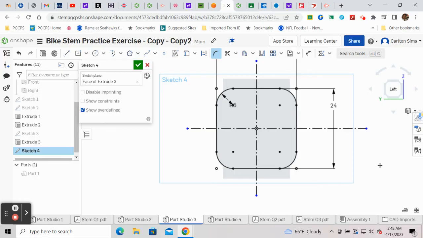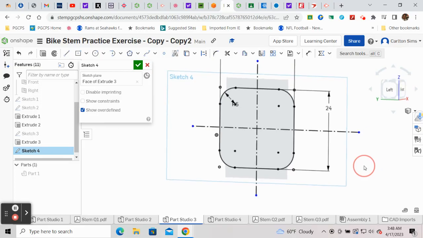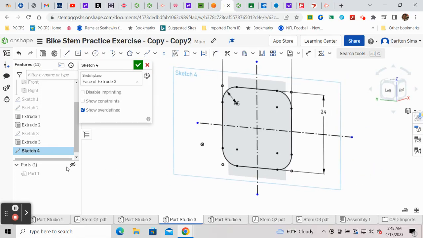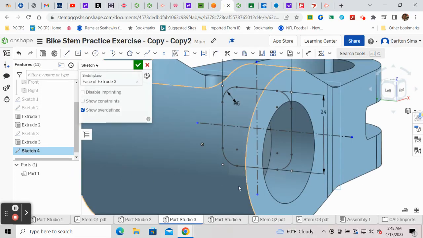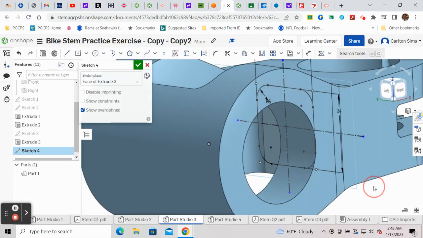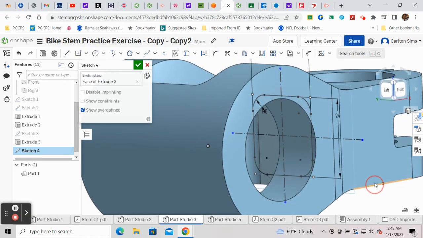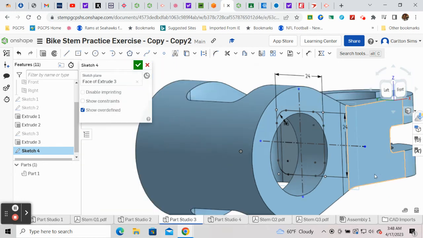Okay, so I'm going to deselect the fillet. If I were to turn this a little bit and show the part again, okay, that sketch is right. You can see that sketch right in there, guys. This is the sketch right there, okay? And that's what we're going to extrude. Now, the way that I did this,